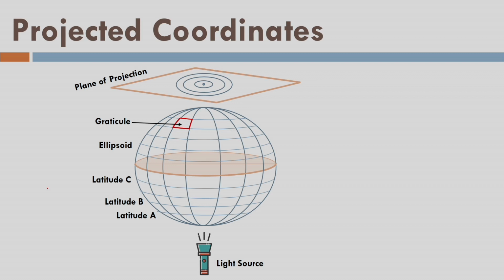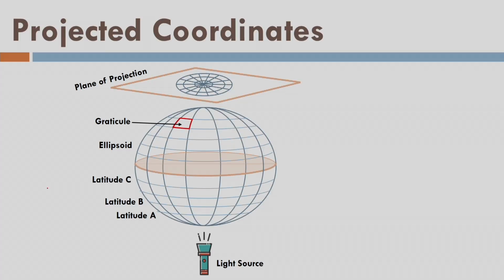But what about the other meridians, which are vertical lines passing through the north pole to the south pole, right? And they are also touching the equator. What about those? They will appear as straight lines. Now you can imagine that there is a light source which is projecting the straight lines, or the curvilinear meridian lines, from the south pole, diverging out. So hence I will have this kind of lines. Okay, what about the graticule? So this is my graticule here.